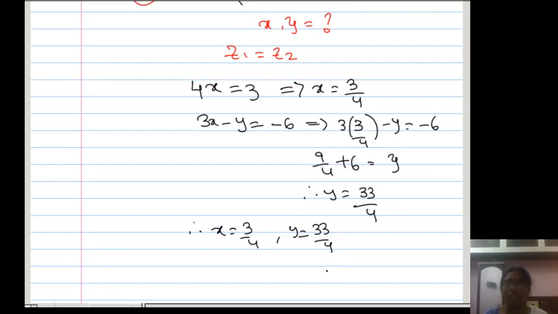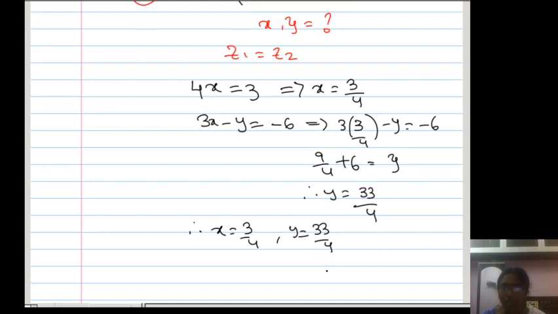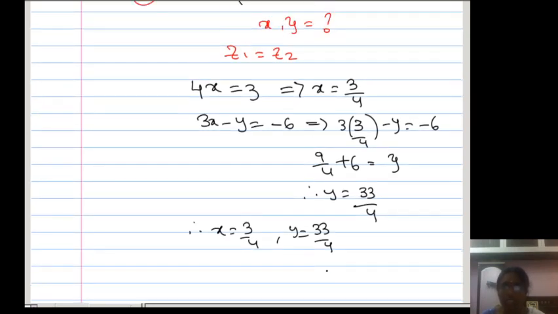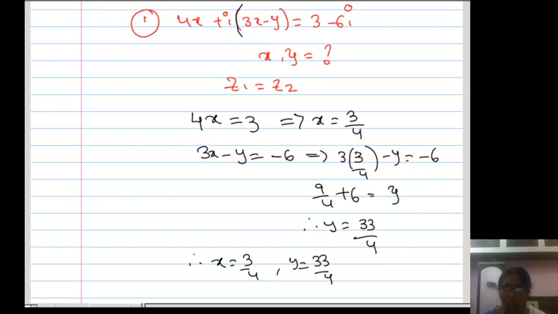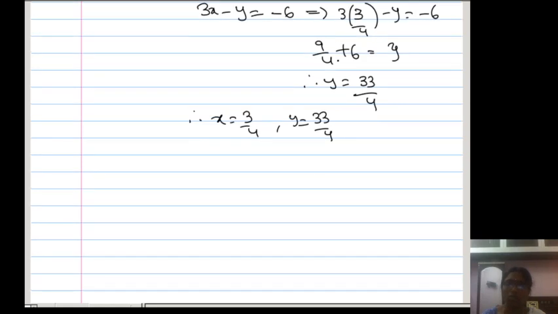In this way we solved the exercise problems. This is one of the solved problems. For practice, one problem I left in the exercise as simplification in the previous session. There the real part is 0, because i means 0 plus 1 into i. So simplify that problem, equating the real part to 0 and the imaginary part to 1. If you are not getting it, if you see this problem you will be able to solve that.